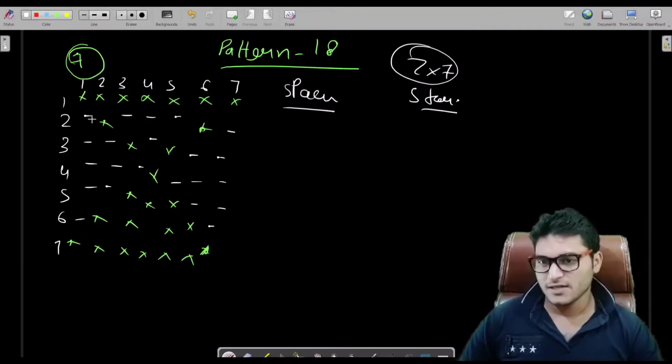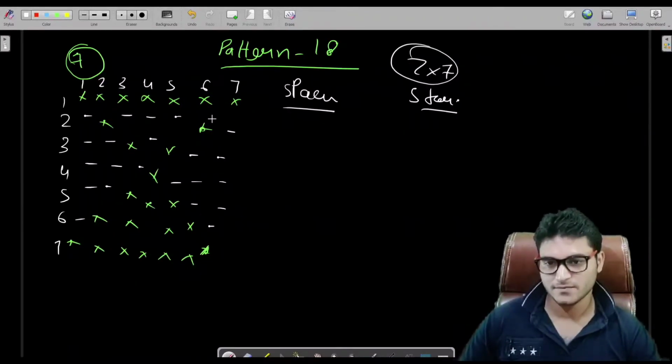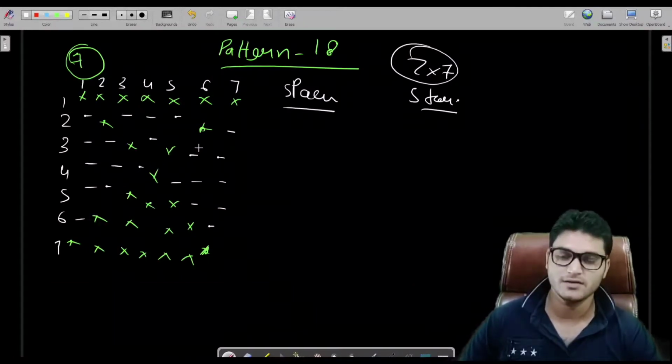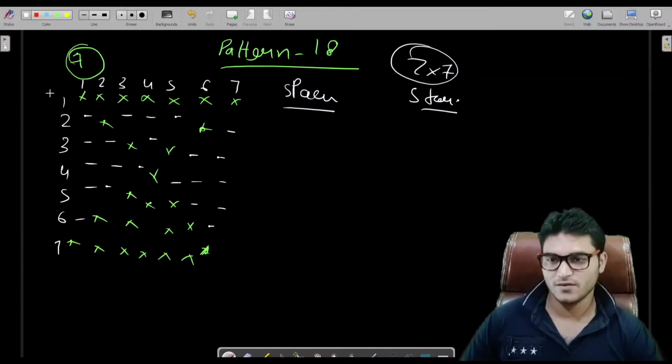So let's analyze how many spaces and how many stars we have in this pattern. For the first row, how many stars do we have? 7 stars and 0 spaces.